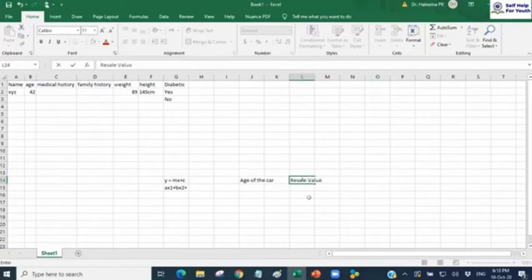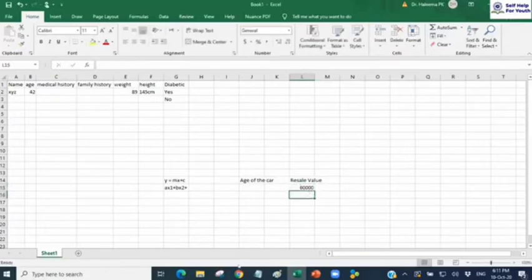Here again it is a linear kind of relationship between these two variables. If the age of the car is more, if it is a very old car, the resale value is going to be less, is it not? So it is negatively correlated. Again, I can express this in terms of a linear equation. What type of value will you get here? You will get some value like 60,000 rupees or whatever it is, some integer or floating point value.